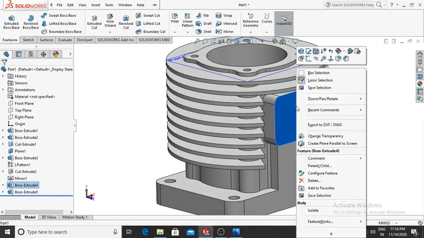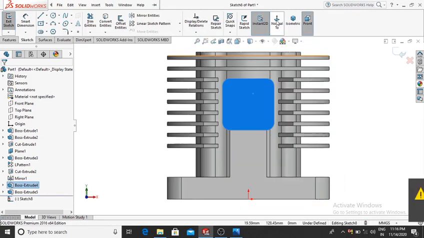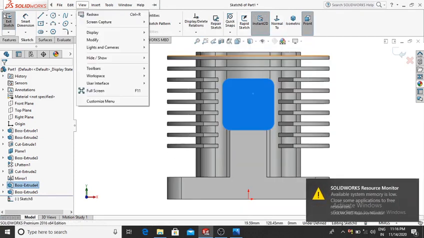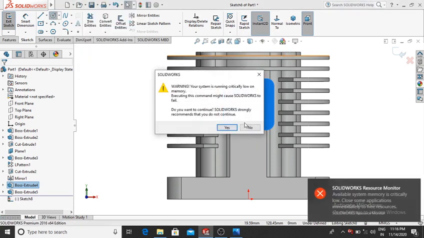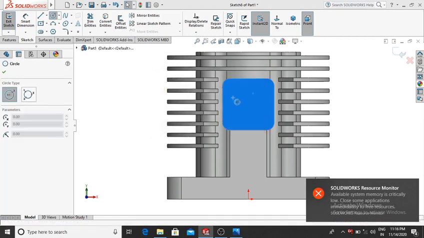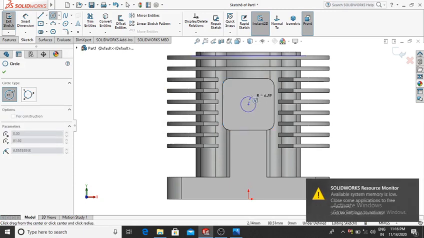Now again select this face, right click, sketch, then normal, and here we make the circle. So select the circle and make the circle up to this point.